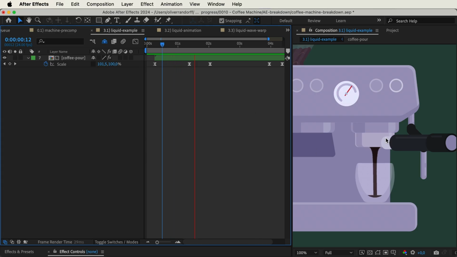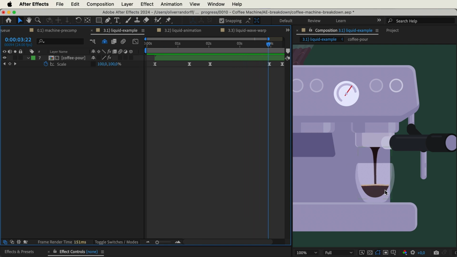Actually, there's this phenomenon called laminar flow, and it's whenever water flows so perfectly that you can't see any movement in it, and then it becomes unnatural. And this is also something that sometimes happens in animation. So let's take a look at how we can create something a bit more natural.